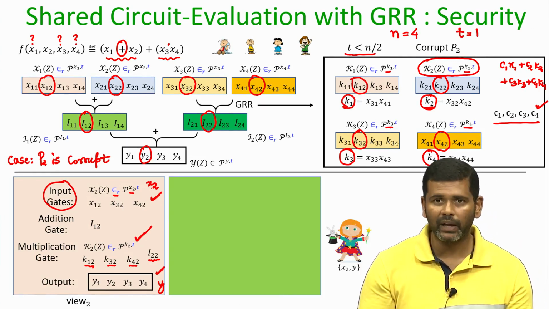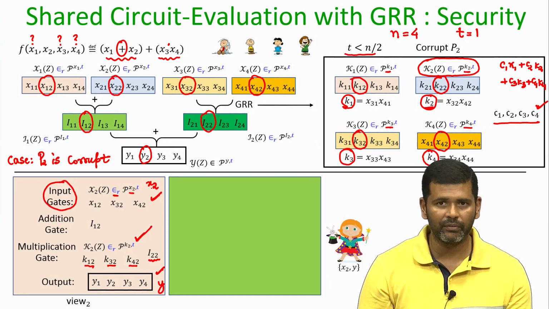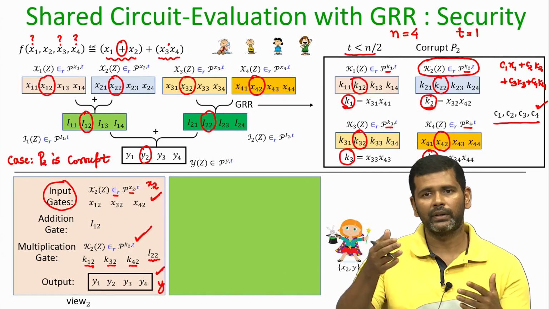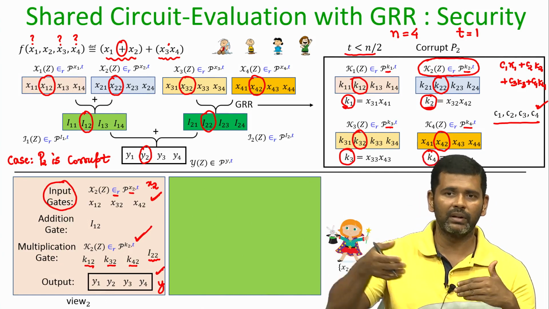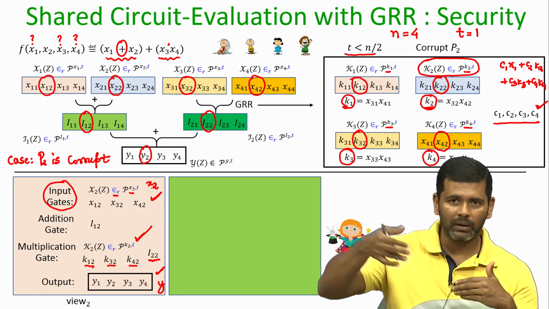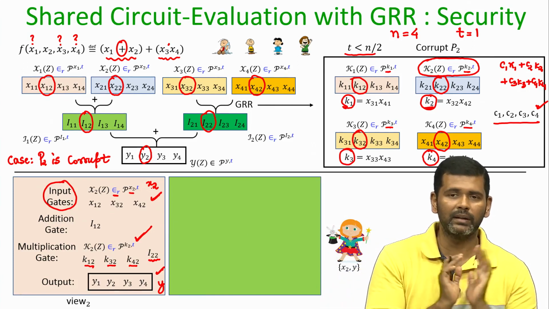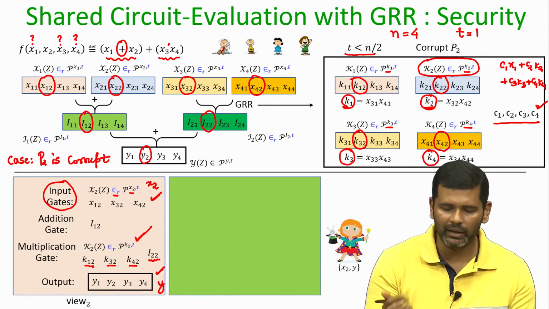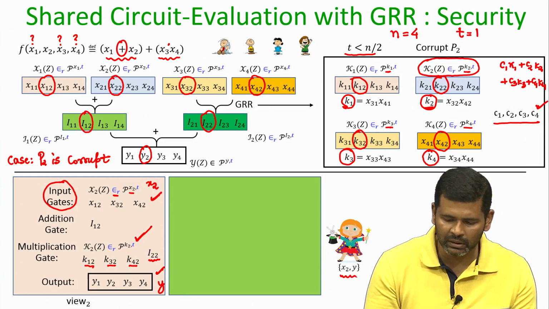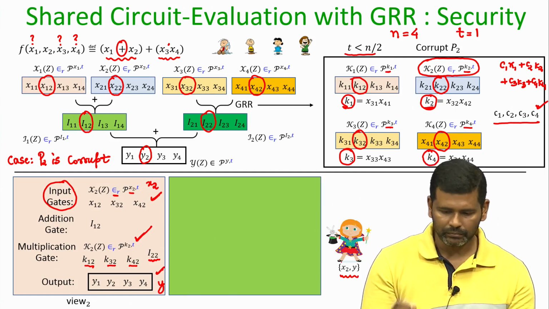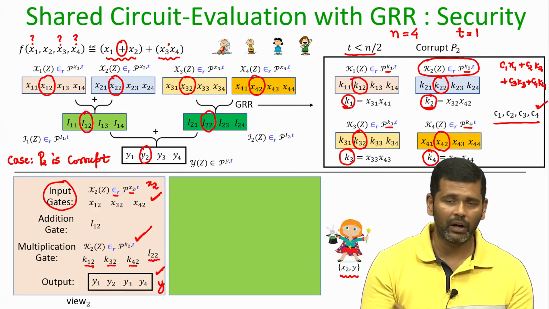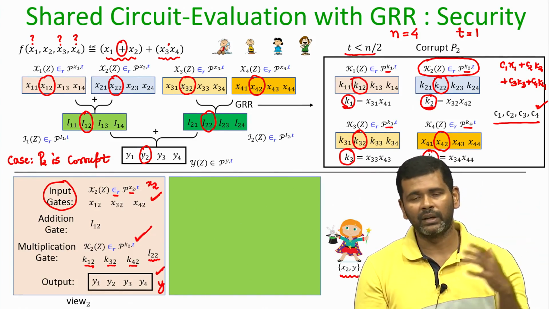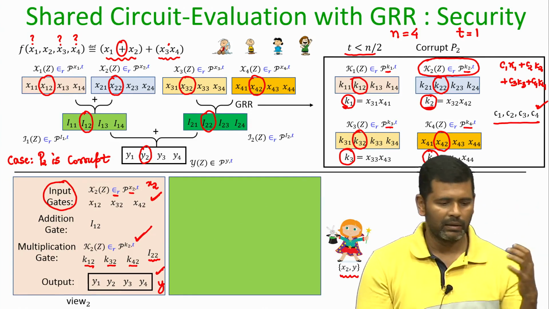And how do we prove that? Remember, our privacy definition is the following. We have to argue formally that whatever information a corrupt P2 or the adversary would have seen from the honest parties by participating in the protocol, if that can be recreated or simulated just based on the input of the bad guy and the function output, then it is equivalent to saying that whatever information or communication the adversary has seen in this